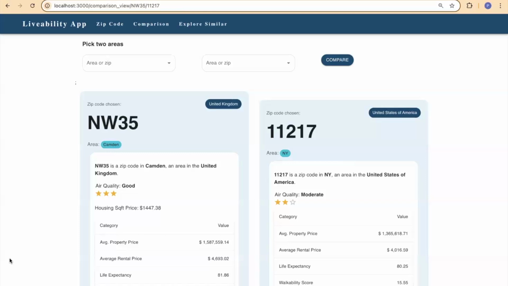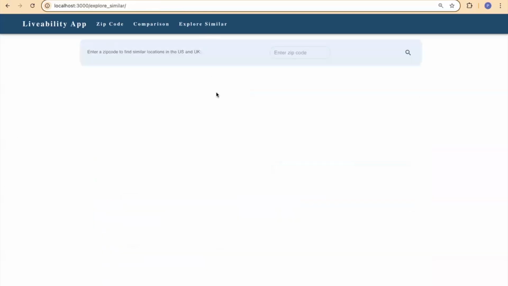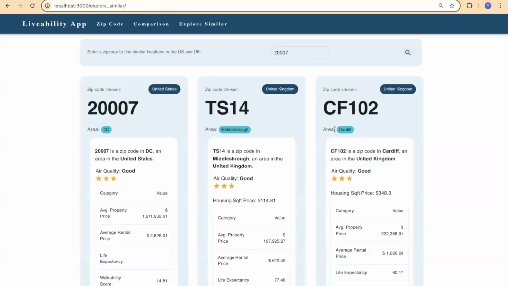So our final page is the Explore Similar page. This page is aimed at helping users identify new areas within the UK and the US that they may enjoy. So say you enjoy living in the DC area, you can enter a DC area code right here and then press the search button. And then you will get